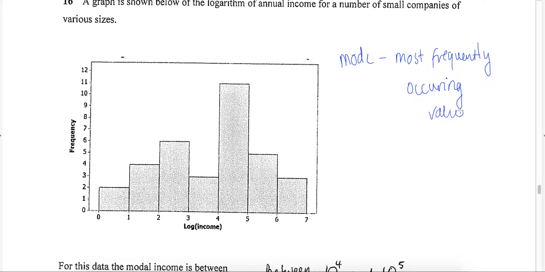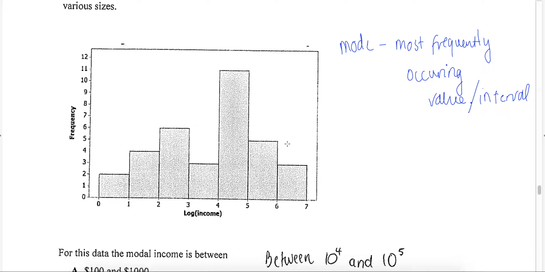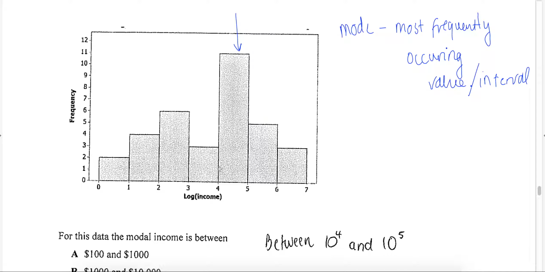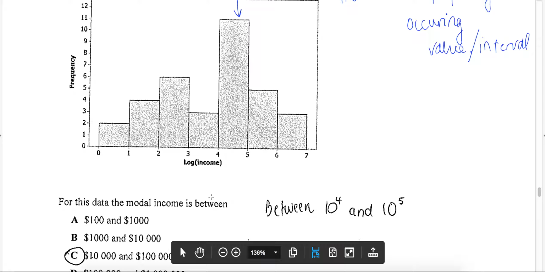Here we go. And in this case, it is the interval. It's asked for the modal interval or the modal income, whereabouts it would be. So what range would it be? And it's going to be in here. So that's not an income of 4 or an income of 5 because clearly we're working with a log scale here. So what I need to do